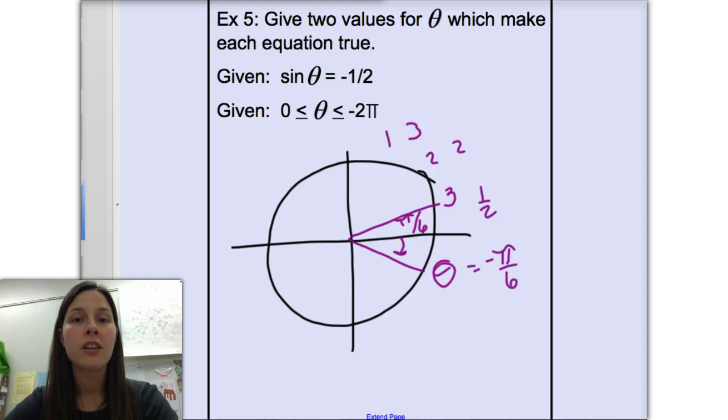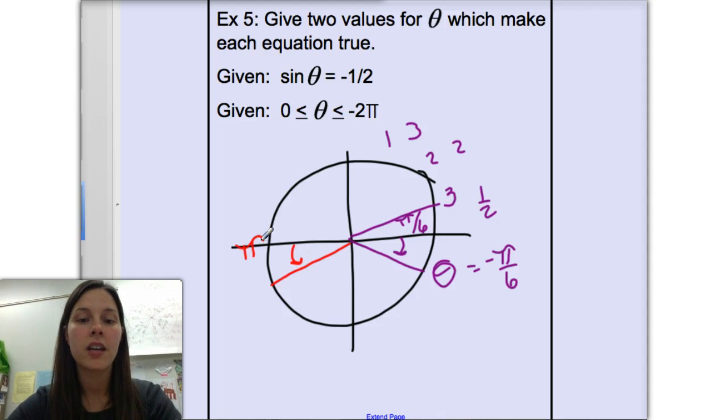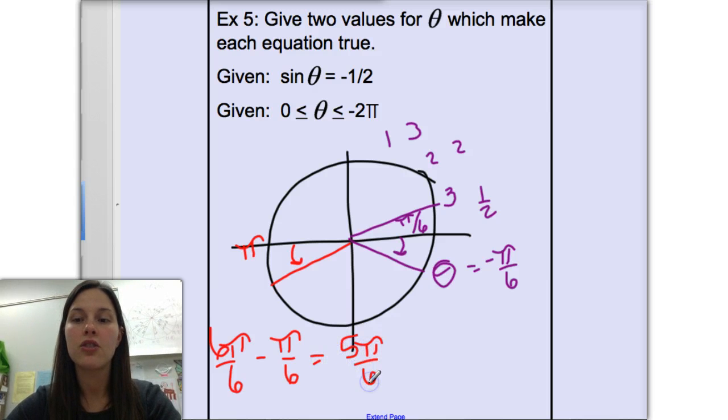rotation. We are asked for two theta values that will make the sine negative 1/2. So if you think about flipping that over into the third quadrant, that would also be a pi over 6 rotation away from pi. So you can think about taking pi and subtracting that pi over 6 rotation, and that would land us just shy of the x-axis. So we get 6 pi over 6, which would be a 5 pi over 6 rotation in the negative direction